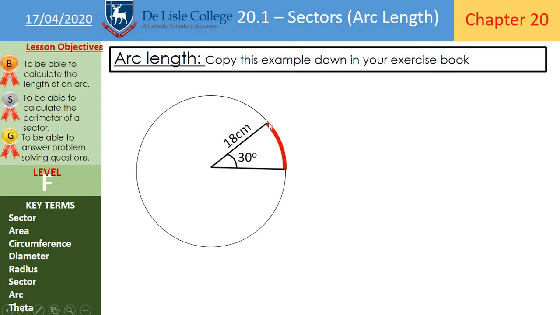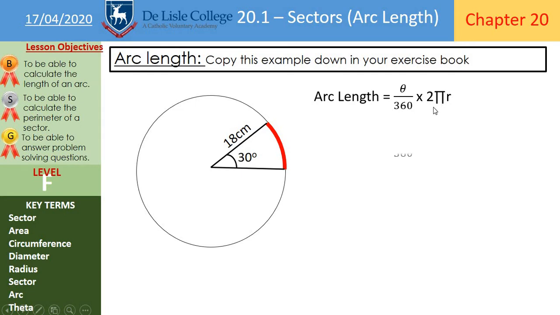and we're trying to find the arc length here. Now you'll notice that arc length is a proportion of the entire circumference, and that makes sense when you look at our formula, because we're trying to find the arc length here. Now that symbol there means theta, which just means our angle, so our angle is 30, and we're doing 30 divided by 360 because we're trying to find 30 as a proportion of 360 degrees, and therefore we can find the proportion that the arc is worth of the whole circumference,